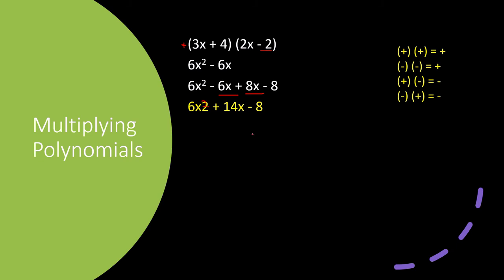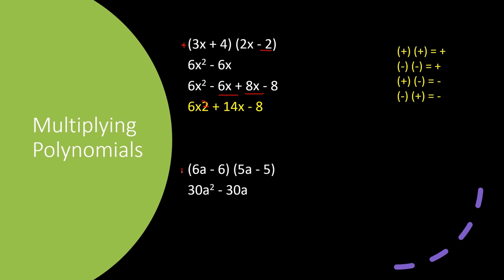Let us look at our next and final example. I have right here 6a minus 6 that is going to multiply 5a minus 5. So I'm going to go ahead and multiply the first two terms. I'm going to multiply the 6a times the 5a and then times the 5. And that's going to be equal to 30a squared, okay, minus